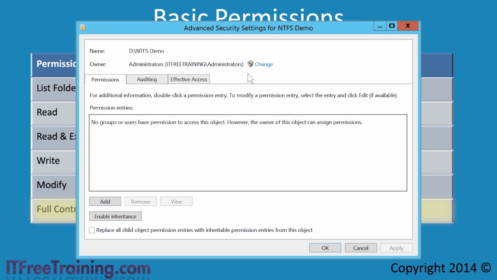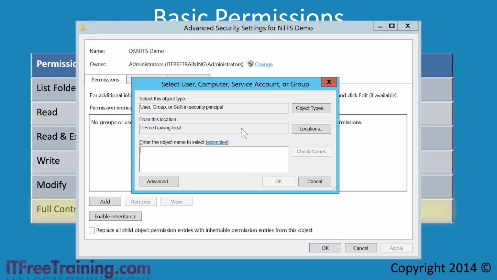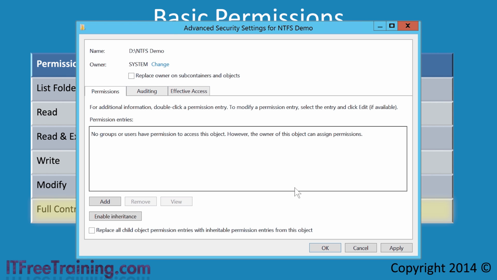This is how I have been able to change the permissions of the folder even though I did not have the full control permission. To show this better, I will press the Change button and then change the owner of the folder to the system user. Once I press OK, I have effectively locked the administrator out of the folder, preventing them from accessing it or